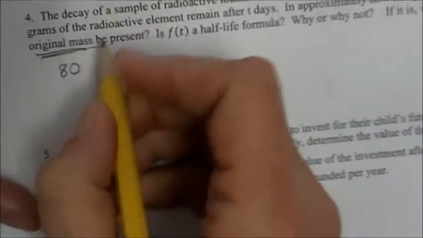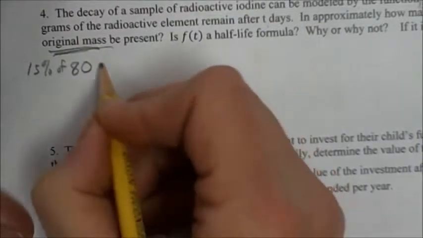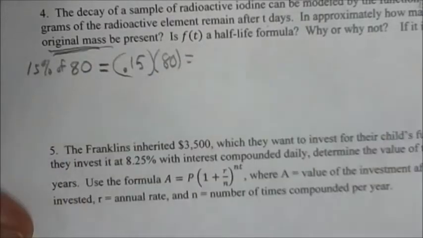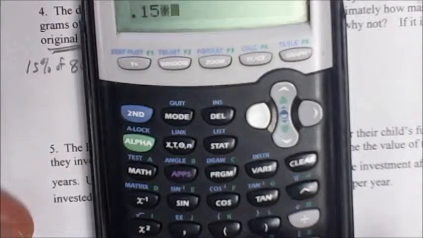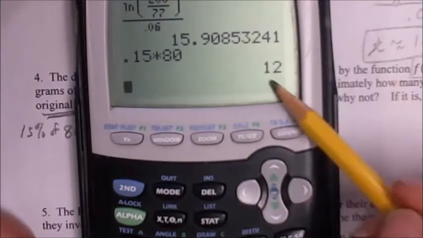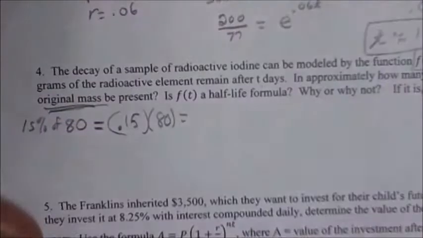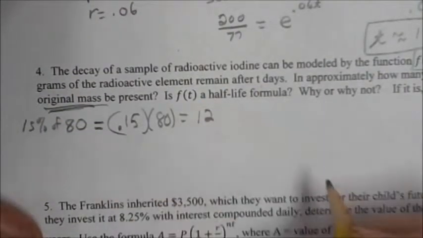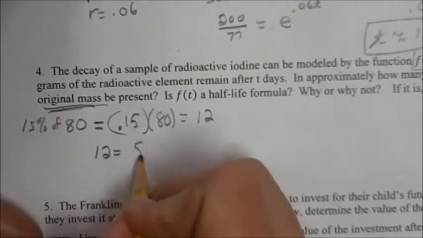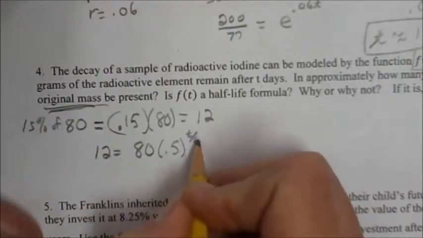And 15% of 80 is equal to 0.15 times 80. 0.15 times 80, 15% of the original mass is 12 grams. So we want to know how long it takes for it to decay down to 12 grams. 12 is the f of t value, so 12 is equal to 80 times 0.5 to the t over 60